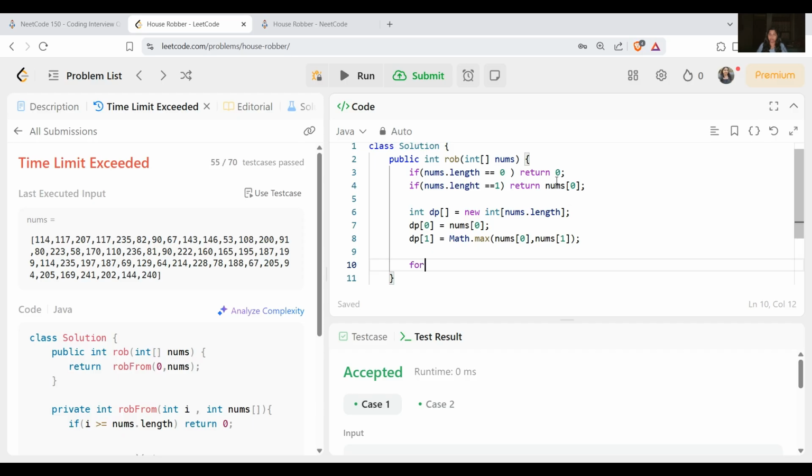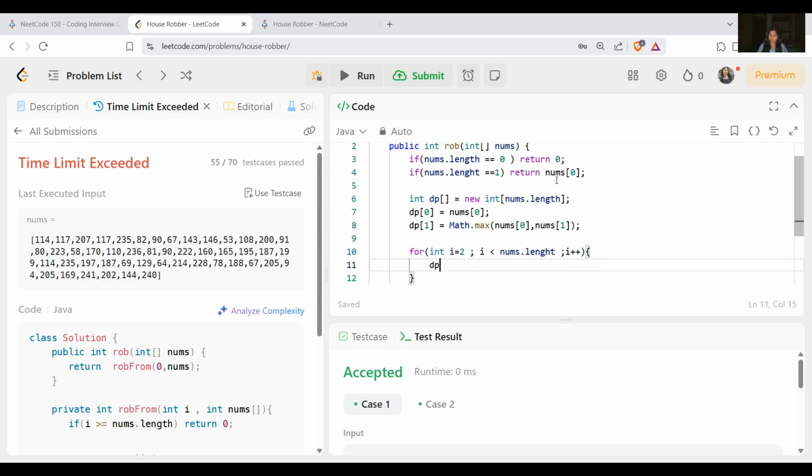Otherwise, if the array length is more than 2, we have already taken care of 0 and 1. After that we keep a loop from 2, with i less than nums.length and i plus plus.